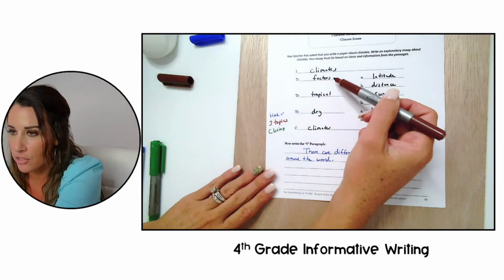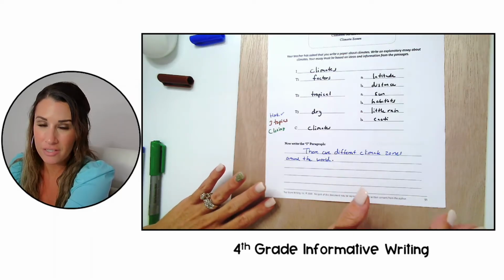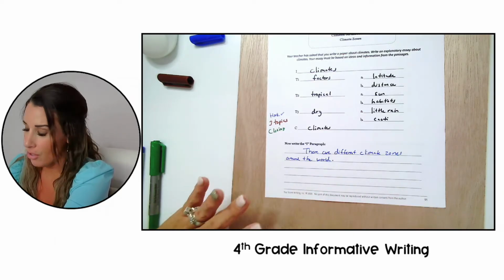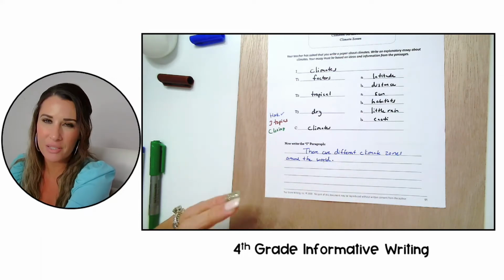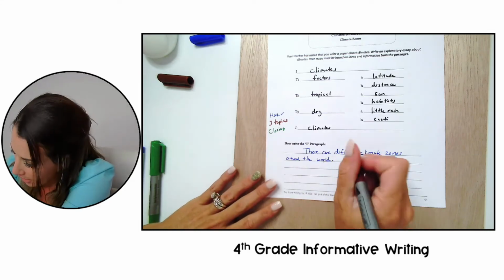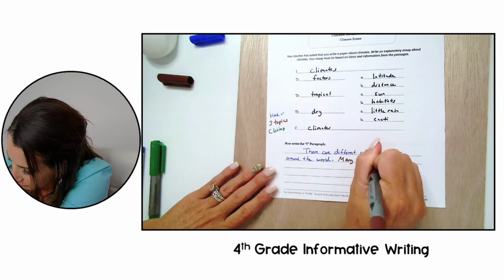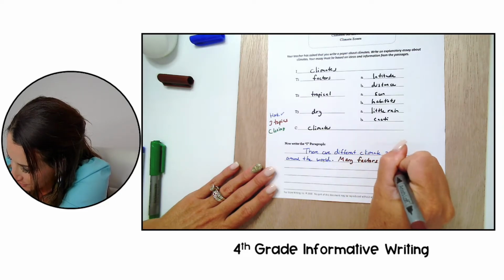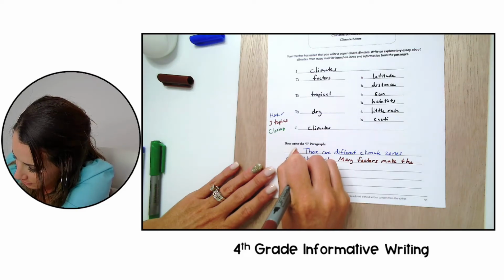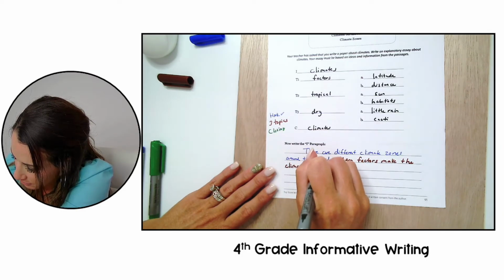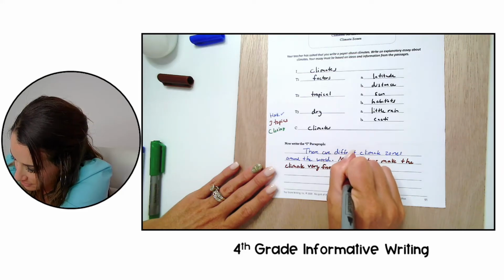So I have factors, tropical, and dry. Remember, I got to put them in a sentence that makes sense. I can't just say, climates are interesting, or the things about climates are factors, tropical, and dry. That doesn't make sense. I have to use words around it. So I'm going to put, many factors make the climate vary from place to place,